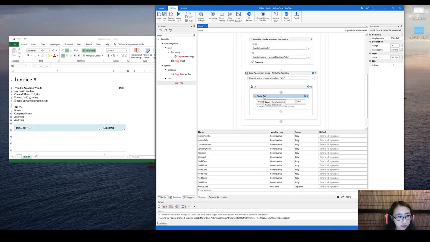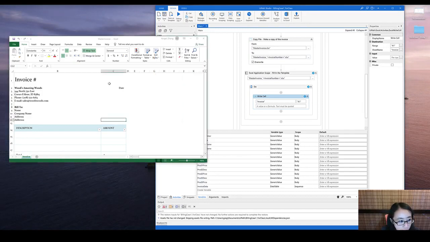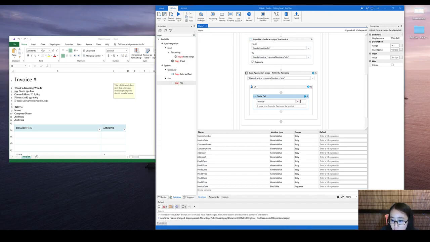Let's follow the sequence of all these values. So let's do invoice number first, and we should put it in cell C1. So let's use C1. And the value should be invoice number, right? If you want, you can also change the name of the write cell into